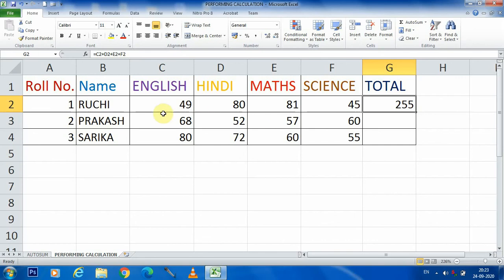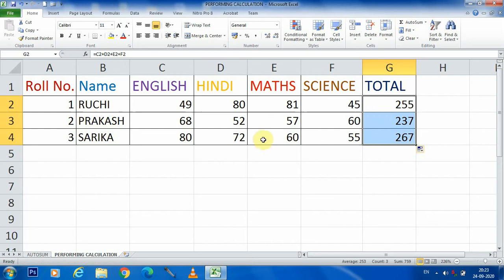That means in 4 subjects Ruchi obtains 255 marks. Okay students, by using the autofill option or autofill feature we can copy and paste the same formula in the remaining 2 records.